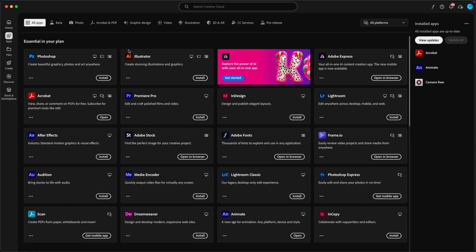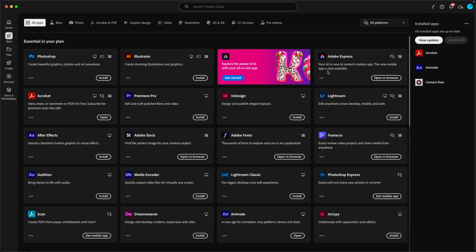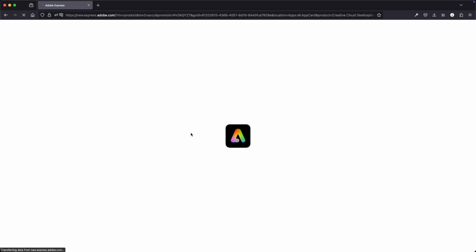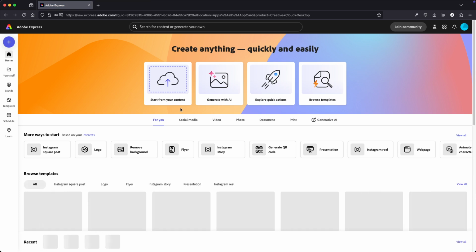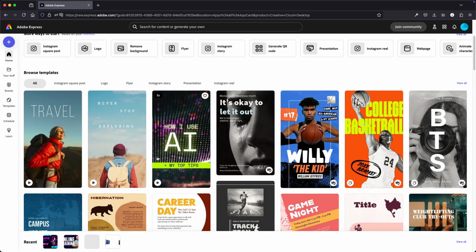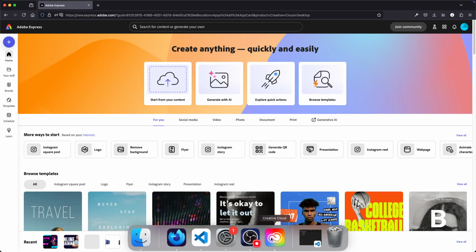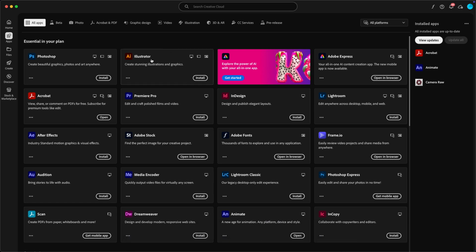So if I go to apps, Adobe Express, as an example, is right here. Your all-in-one AI content creation app, the new mobile app is now available. So if I click on this and open it in the browser, this is a place where you can quickly create content. There's not a lot of waiting around. The good thing about this is you can get right in here and start making stuff. So that's what Adobe Express is, in a nutshell, in a quick overview. So that is the desktop app